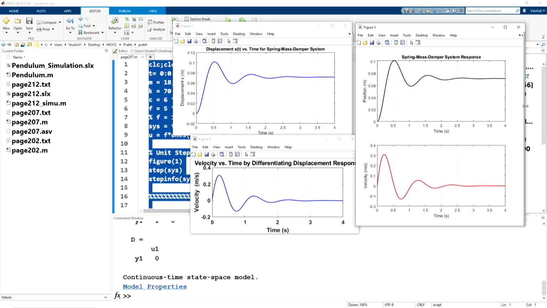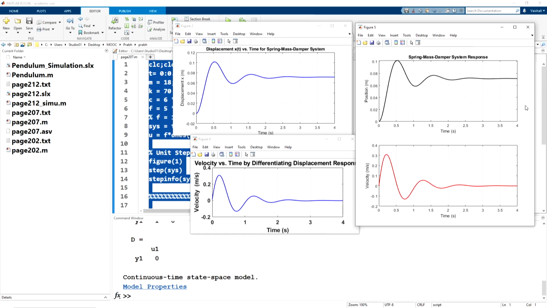So there are different methodologies. You can opt for any, whichever you are comfortable with. Again we observe that both are similar plots, displacement as well as velocity.